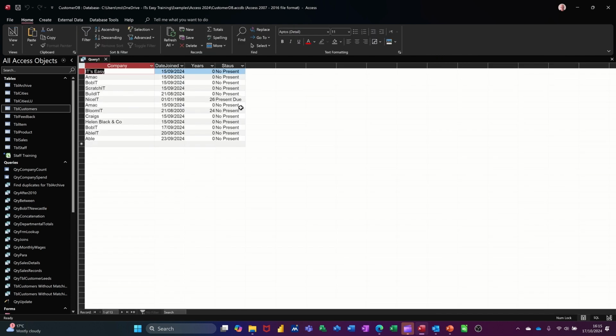So Present Due, everything else is No Present, but this one obviously in a year is going to get a present. So those 2 functions you can also do at form level, and you can also do them at report level. But this is at query level, and there are many more functions that you can use. But that's all I want to look at in this little session, how to do the DateDiff function and how to do the